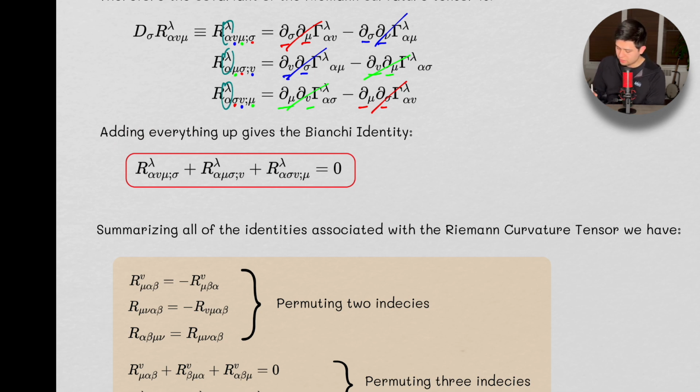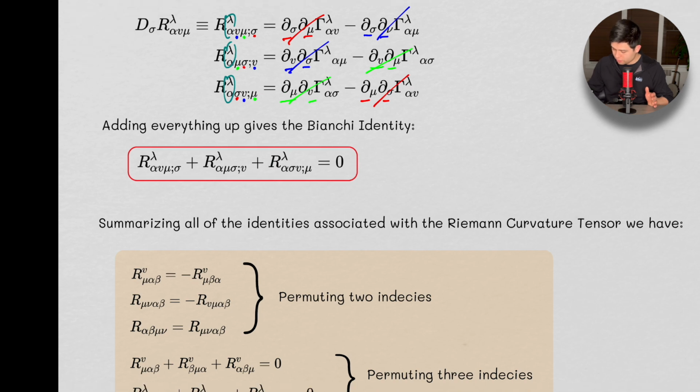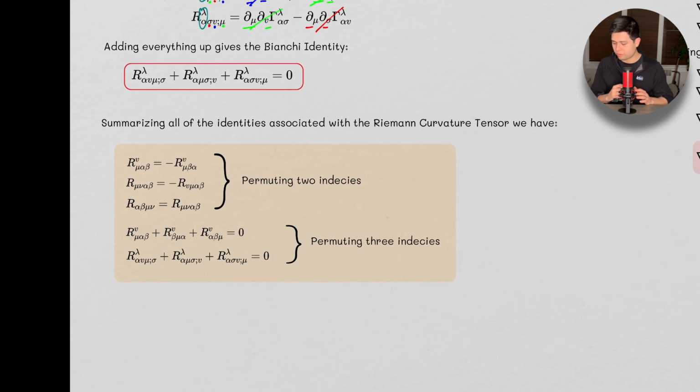What it says is that the covariant derivative of the Riemann curvature tensor with respect to the last two indices, those are the two input vectors that you use to define the direction of the derivative you're taking it in, goes to 0. Now, what does this mean? Well, before we ask that question, I just want to recall all the identities associated with the Riemann Curvature Tensor.